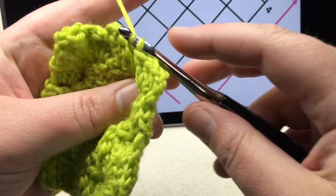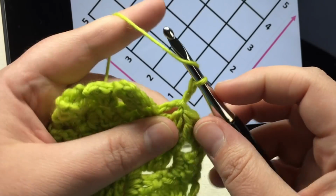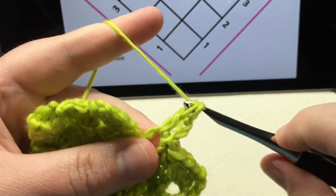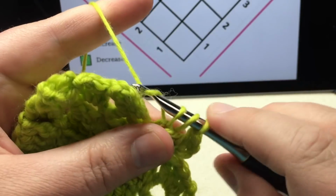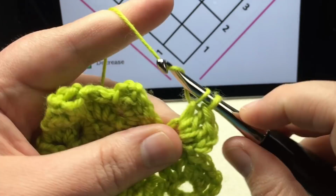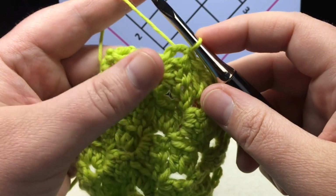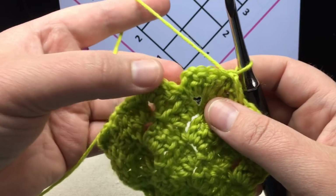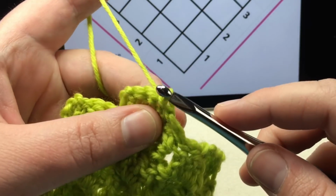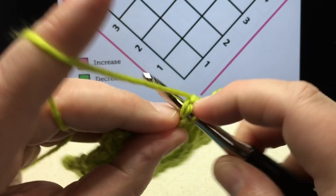So we're going to connect and slip it, chain up 1, 2, do the double crochet 3 times, okay, and then we're going to connect with the slip. Okay, turn our work. We only have 1 left, so we're going to slip across, and that slipping across helps reinforce that edge. Slip 2, slip 3,